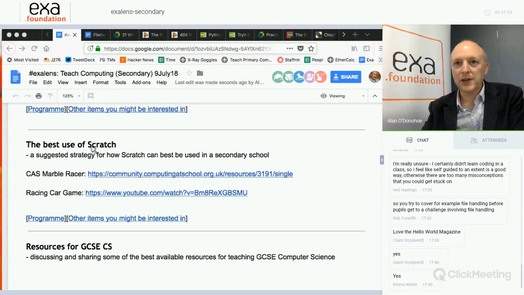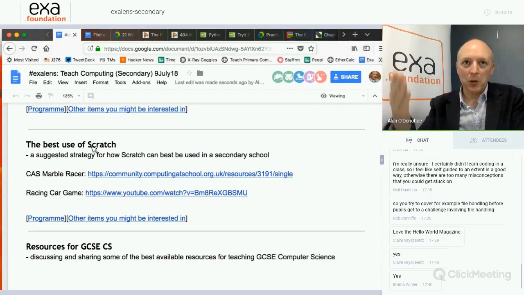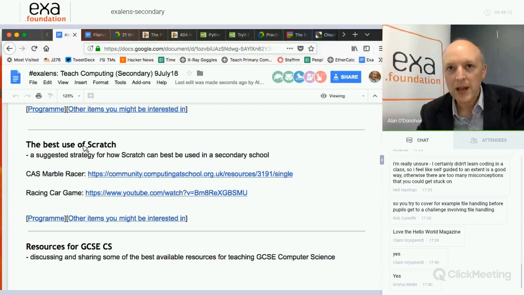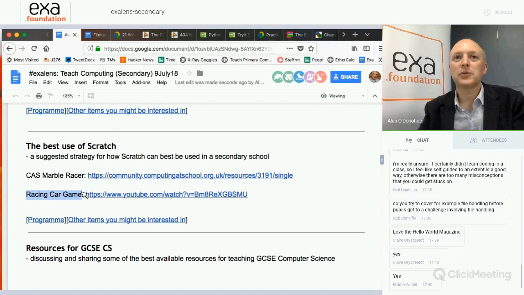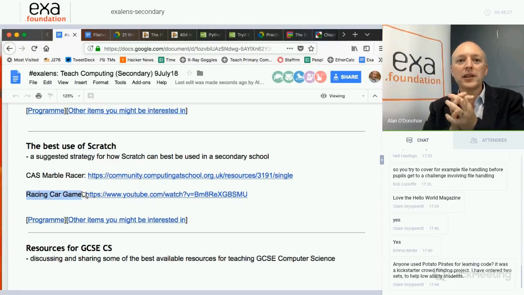I love Scratch. I love how, if it weren't for the NEA, we could almost practically teach all of computer science GCSE through Scratch. Well, at least the practical problem solving elements, except there is a requirement to use a text-based programming language. I have taught it with children at Key Stage 2 and Key Stage 3, and I have a particular approach. If I've had a class that I've never had before, I always love to start with them building a racing car game.